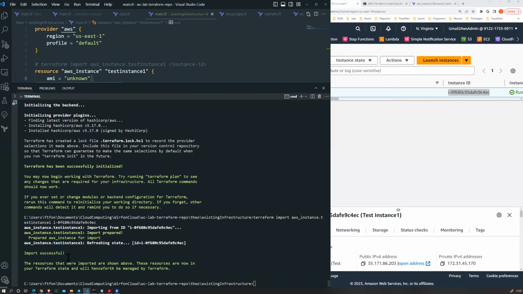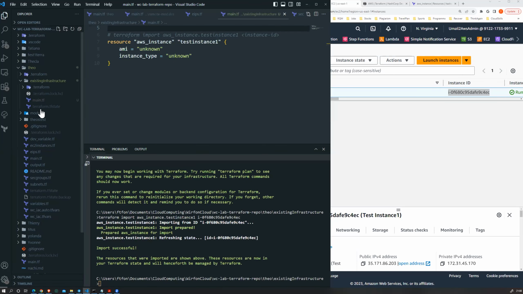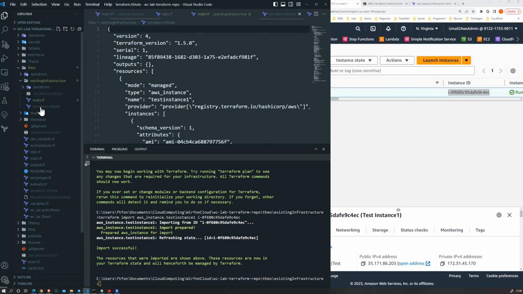So basically, the instance now is imported, but you see nothing has changed here. Where do we find information about the state, about what Terraform knows about the infrastructure that it is managing? Where does Terraform store information about the infrastructure it is managing? The state file. Yeah, in the terraform.tfstate file, right? So if I open it,